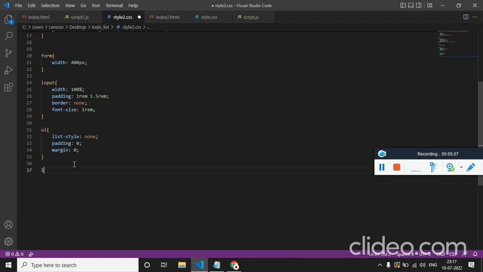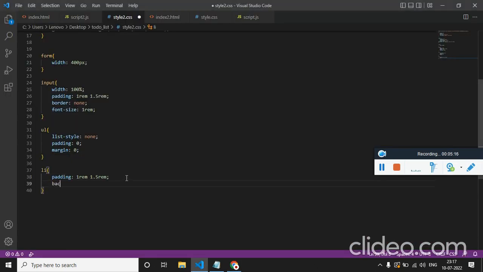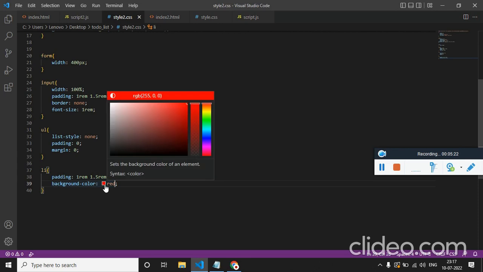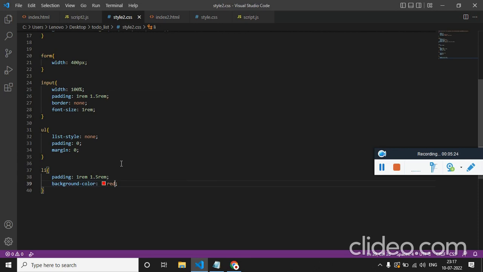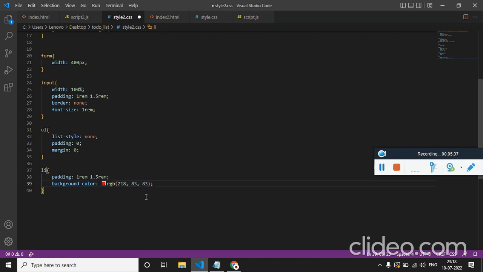now let's target the list item. We'll have the padding same as the input field to maintain the design, and we can have the background as some light red. Hover on it. It's taking. Actually, while clicking this, it should work, but it's not working at all. We'll leave this